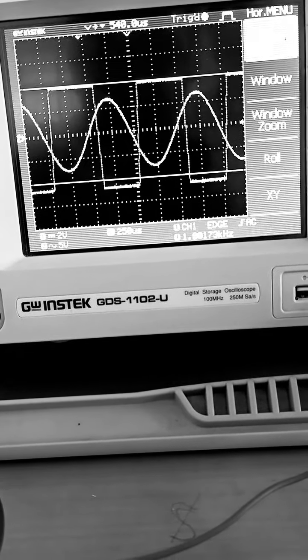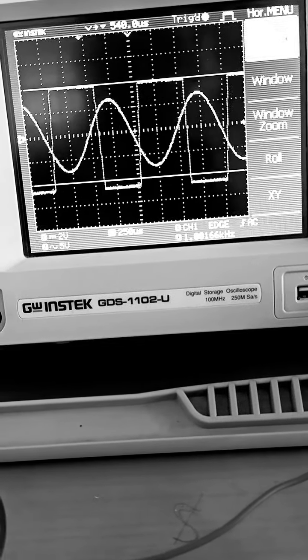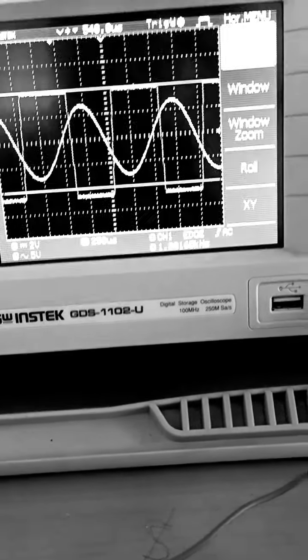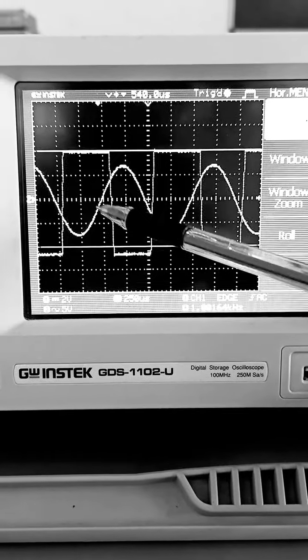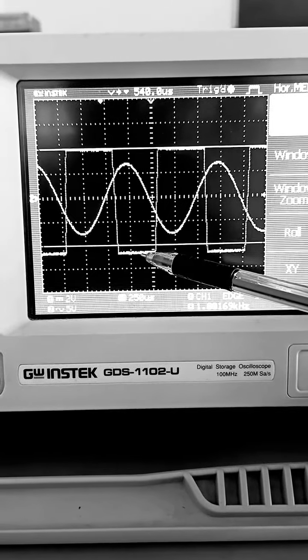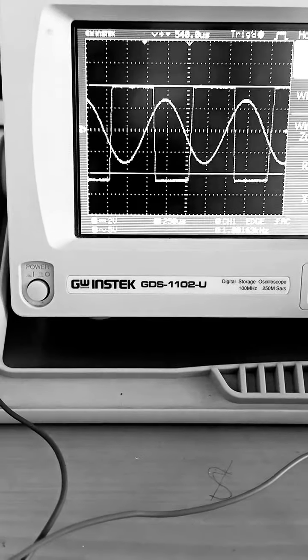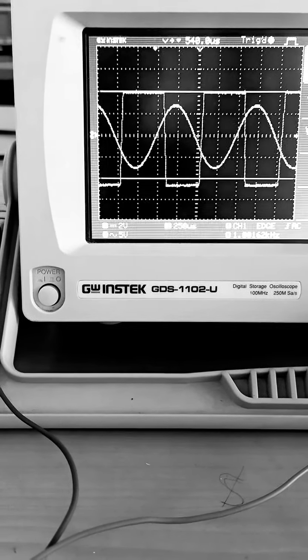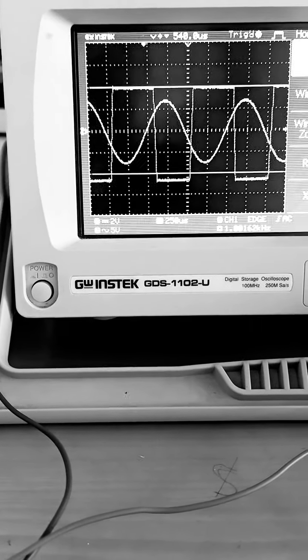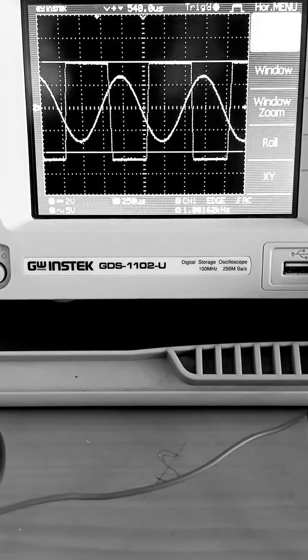Now the yellow indicates the sine wave, that is the input, and blue indicates the output. You can see from the figure, in general it is a square wave producer. But the things to be noted are at which point the plus VCC is shifting to the minus VCC, and at what point it is shifting back from minus V saturation to plus V saturation. And let me remind you, V saturation will be nearly about 1 volt less than VCC or VEE. So in our case, we have used 12 volt, so V saturation will be nearly equal to 11 volt and minus 11 volt respectively.